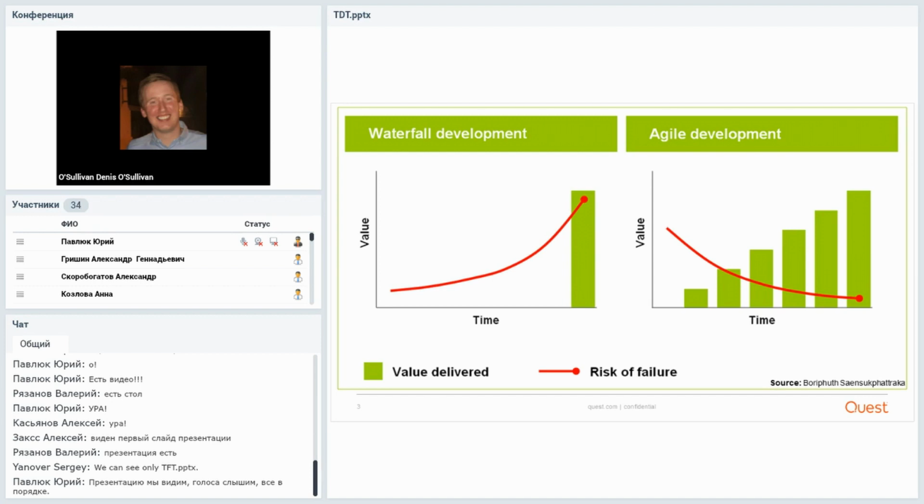So I suppose if you take waterfall development first, we have our time scale and our value scale. So the value is the value we give back to the end users, the application we deliver, the bugs we fix, the new functionality, etc. Now, if you look at waterfall, generally you're given a project and we say it lasts 6 months. So you spend 6 months developing an application, and at the end of 6 months you deliver the full application to the end user. Now, because of that, there is an increased risk of failure, because the business haven't really